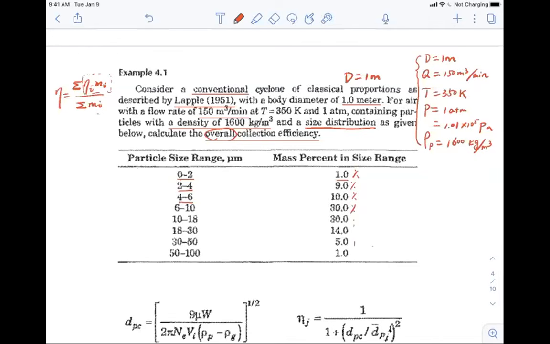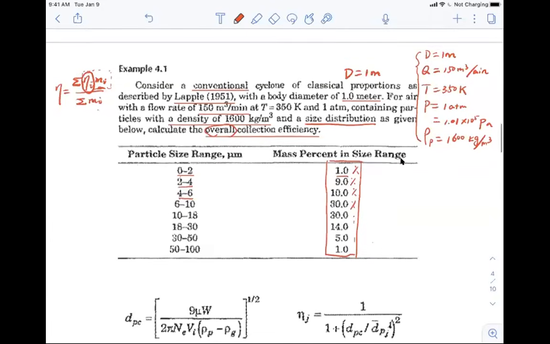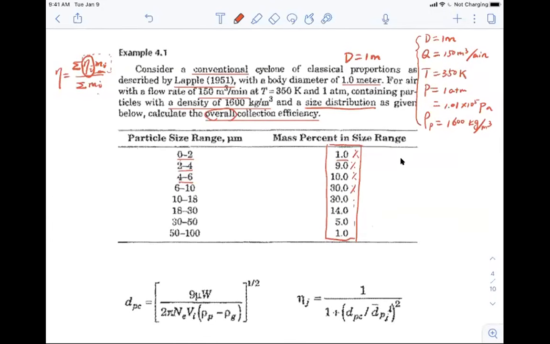So you see that in terms of the mi here, we're already provided with all of these mass percentages, right? So basically, we just need to solve for what is the eta i, what is the efficiency at each size range, okay? So which equations are we going to use? We're going to use these ones,